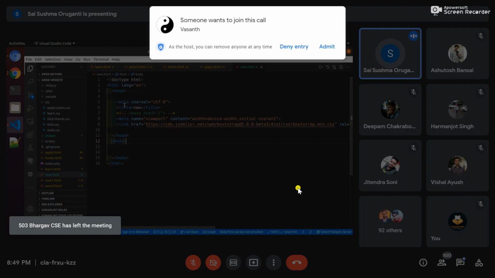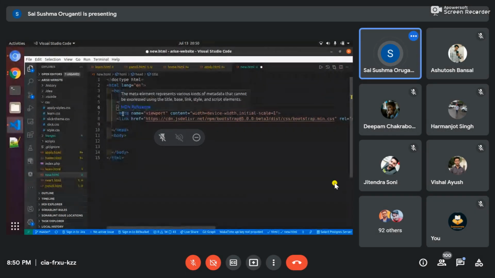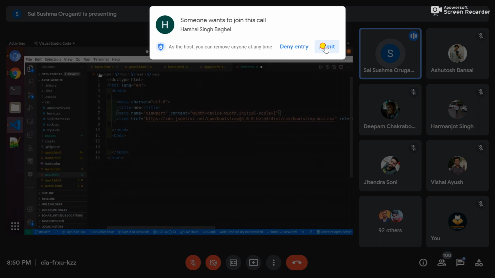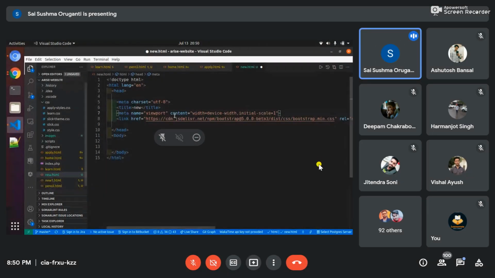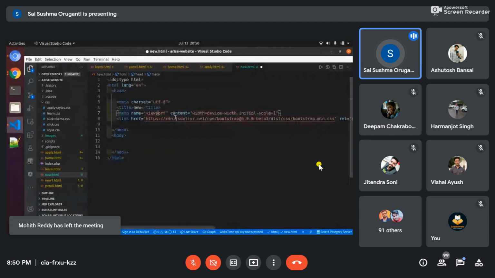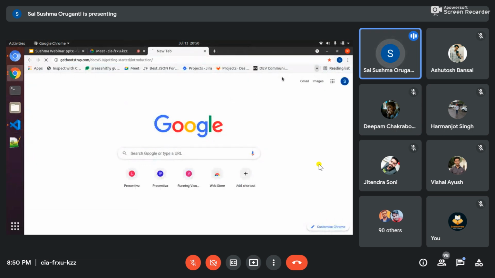And this is the title, and this is nothing but meta name, viewport, content. This is nothing but the screen. It describes the screen. This whole link describes our screen. I will share you this link, and this is the link ref. This is the Bootstrap link. When you are using Bootstrap, you have to mandatorily use this link. This will be available in your websites, in Bootstrap websites also. I will just share you this link also.